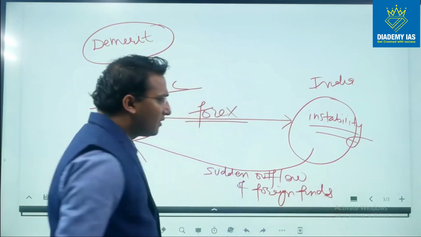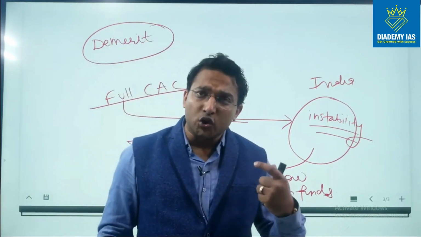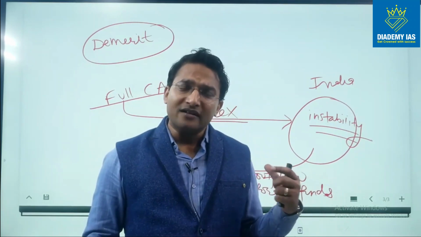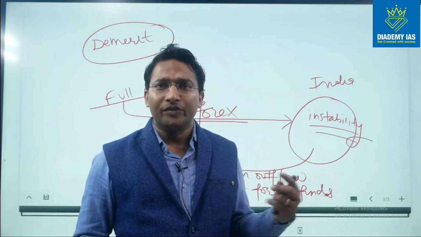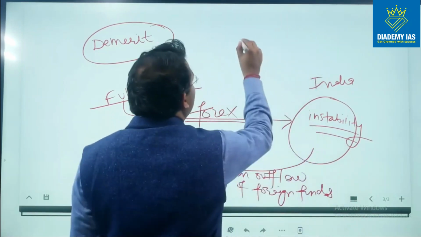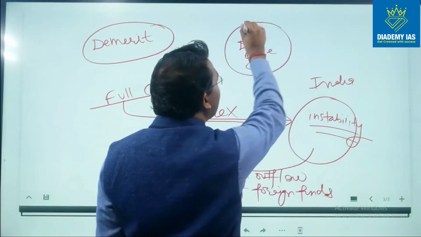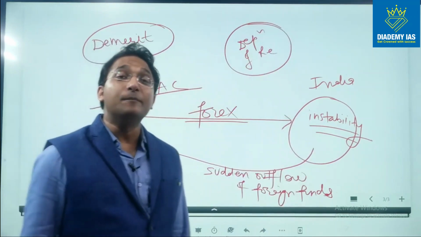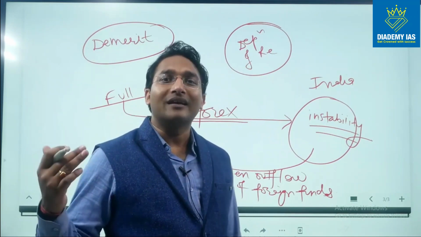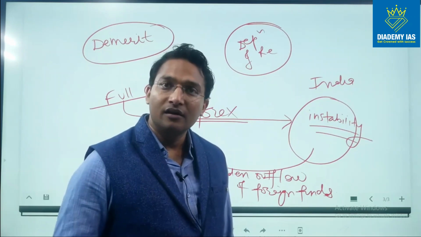right? When there is sudden outflow of foreign funds, that means the demand of the foreign currency like US dollar will enhance. If the demand of the foreign currency enhances and supply is not increased, then the domestic currency will depreciate, right? So it leads to the depreciation of rupee, and depreciation of rupee will be very, very adverse because we are an import dependent nation. Because of the depreciation of rupee, our import can increase suddenly and our current account deficit can increase suddenly, right?